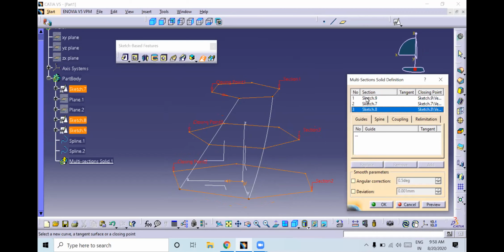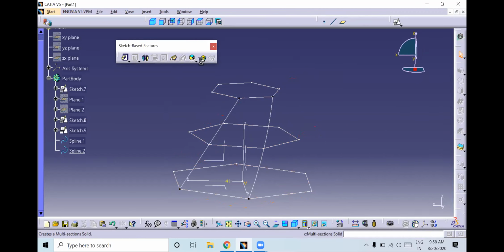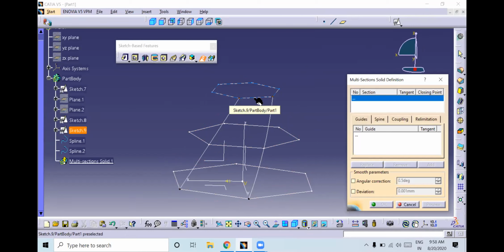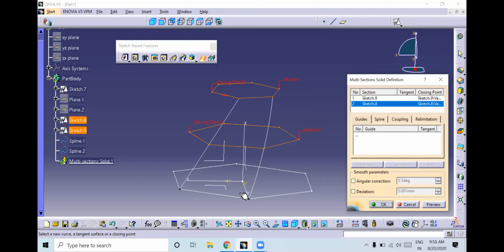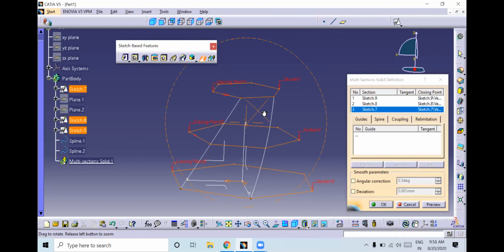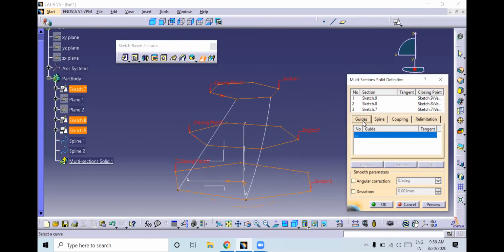It should be selected in one direction. See 1, 2 and 3. Okay, see this 3. So next thing is the guides. So these are the guidelines, right? 1 and 2.